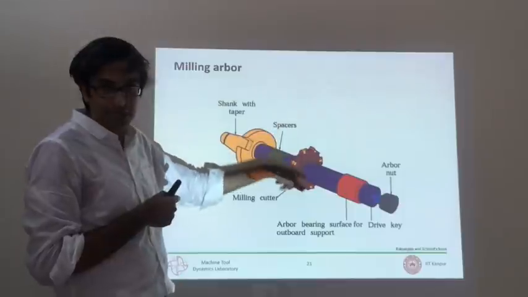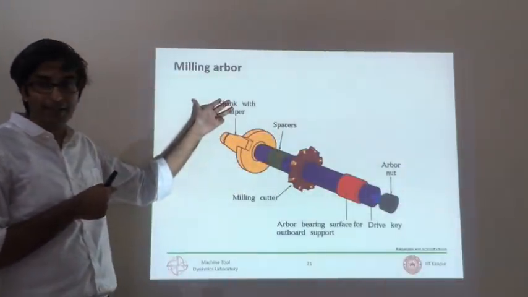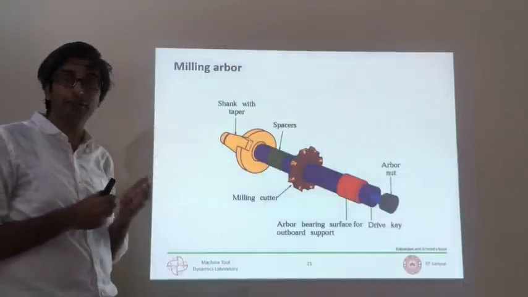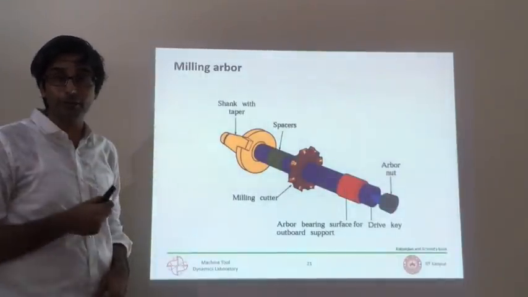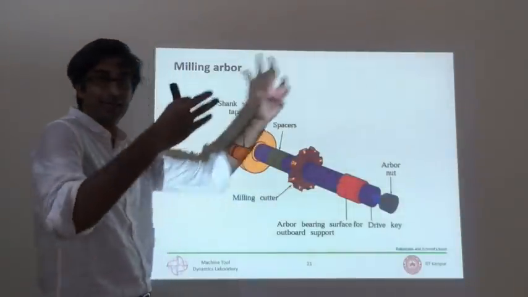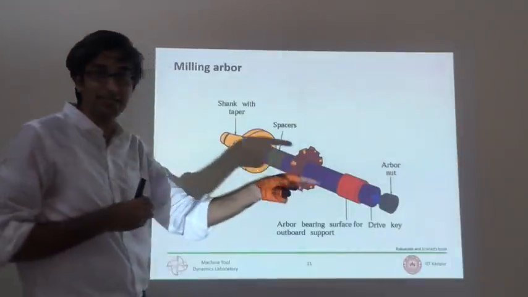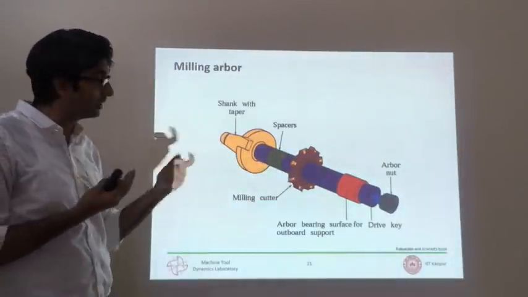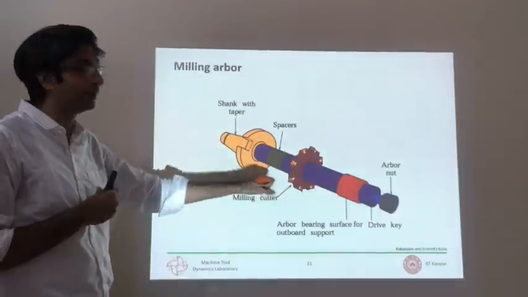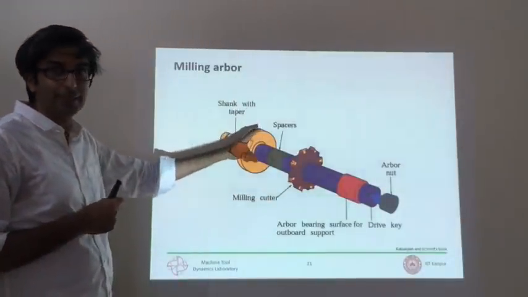The way it receives drive is through the spindle. There is a spindle at the back. There is no chucking here like there was in the drill bit or like there was in the workpiece for turning. This is held between centers in an arbor, and you can assemble, disassemble. You can position this anywhere along this axis. And where to position it depends on what you are cutting on the table. This is the spindle which goes inside. This is a taper which goes inside.